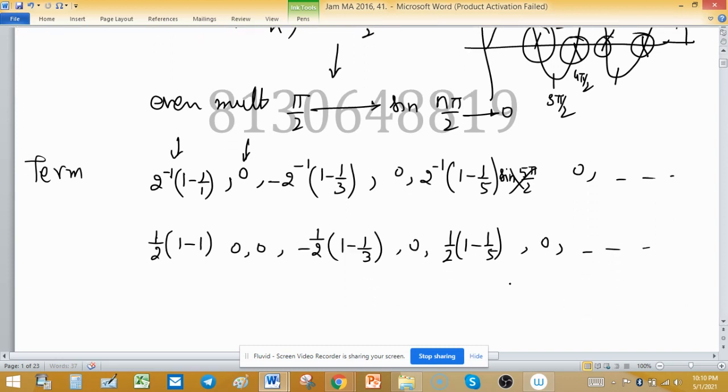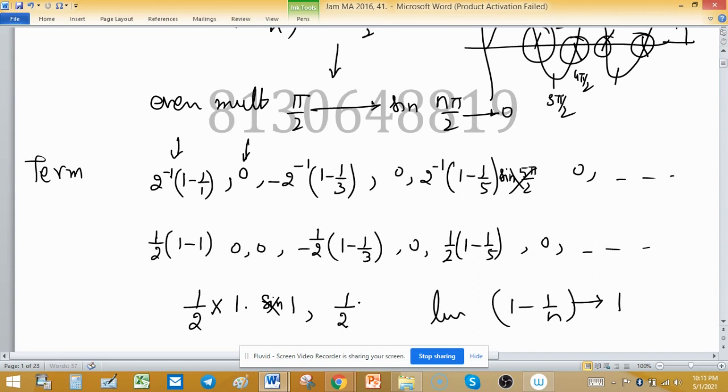As 1 minus 1 upon n is involved in the sequence, after some time the limit of this will be 1. So the value of some terms will be 1 upon 2 into this, with the value of sine being 1, and sometimes the value will be